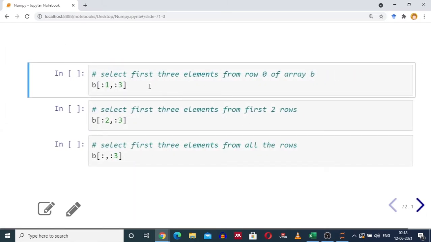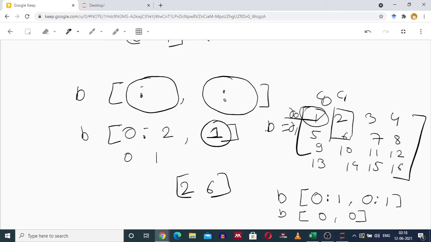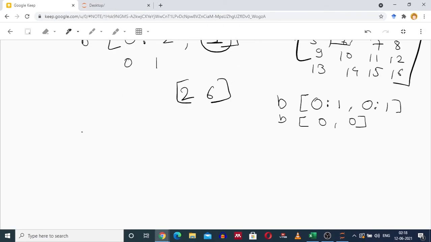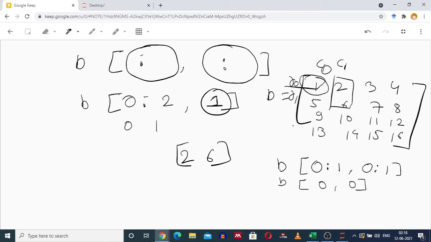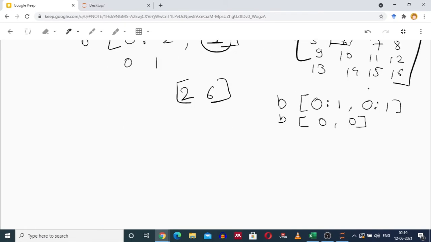You have to select the first 3 elements of row 0 of array B. So from array B we have to select the first 3 elements, 1, 2, 3. So from row 0 we have to select 3 columns to get the output.